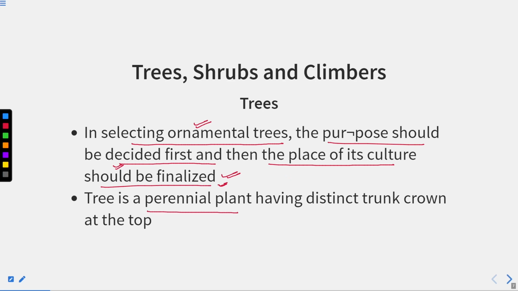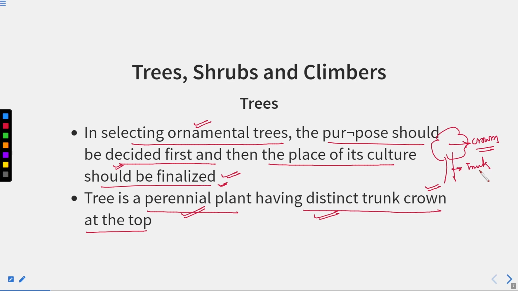A tree is a perennial plant having a distinct trunk and crown at the top. So basically the trees are perennial. Perennial means that they grow for more than two years, right? Annual is a plant that completes its life cycle in a year. And perennial means that it grows for a number of years. So the tree is a perennial plant having a distinct trunk region and crown at the top. So this is the trunk and this is the crown. The crown part is made up of foliage, leaves, and the trunk region is woody,